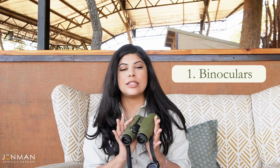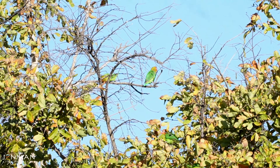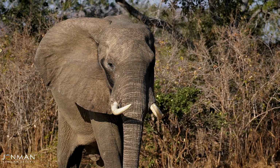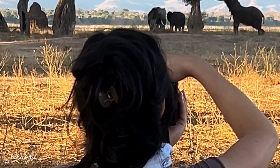So my 5 essential items for a safari trip would be number one, definitely a pair of binoculars. It's always great, especially when you are viewing birds or animals far away in the distance. You really get to see them up close and see the finer details. If you don't have binoculars, a good camera would also work well, and obviously to preserve the memories that you